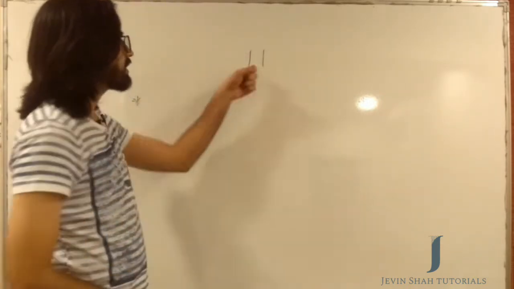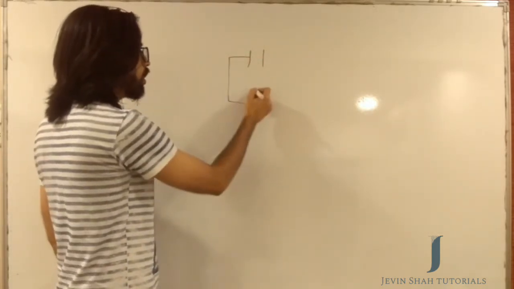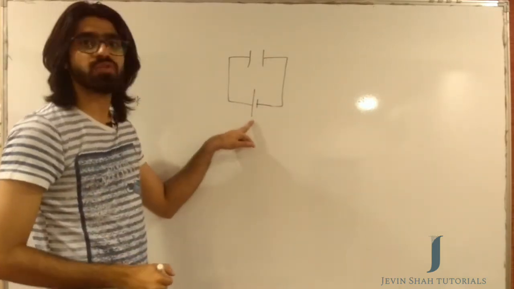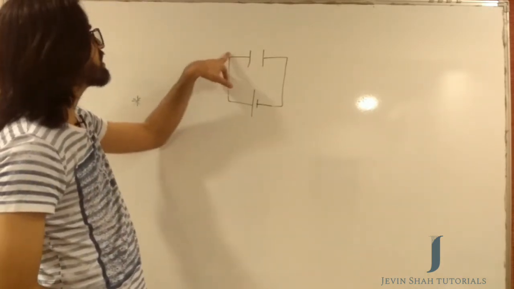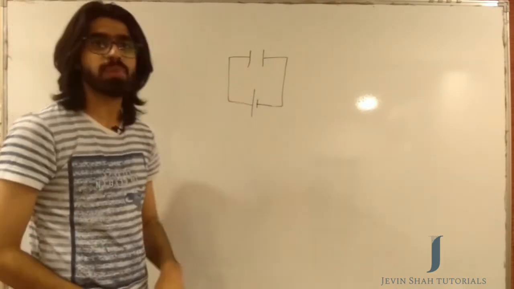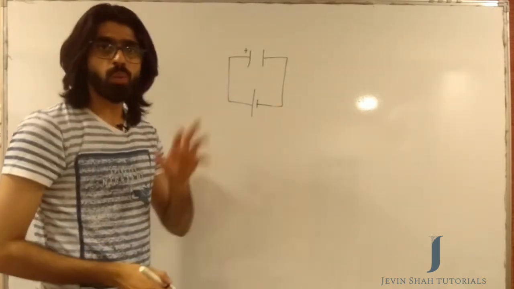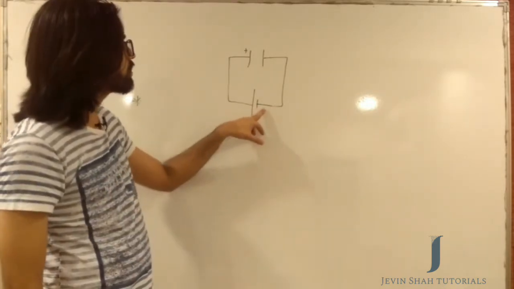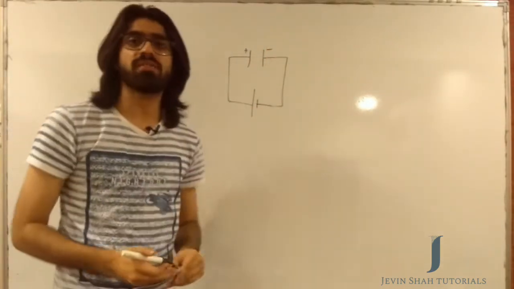Two parallel lines are the notation that we use for showing a capacitor in a circuit. So let's say I'm connecting a capacitor along with a battery. That's the positive terminal of your battery, and what the positive terminal will do is it will start snatching electrons from the left hand side plate of the capacitor. So when the battery starts taking out electrons from the left hand side plate, the left hand side plate of the capacitor will develop a positive charge. Now whatever electrons the battery has taken, it will pass on these electrons from the negative terminal to the other plate. So the other plate, because it gets electrons, is going to develop a negative charge.